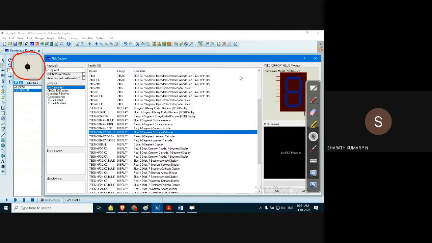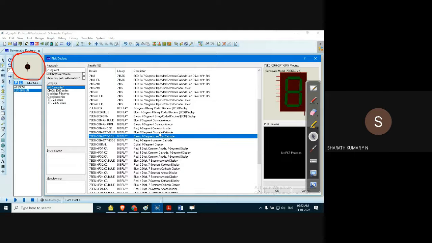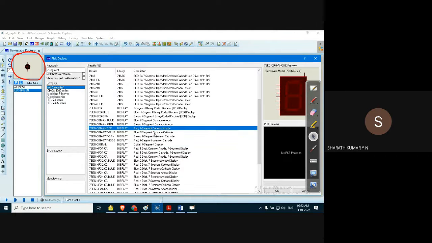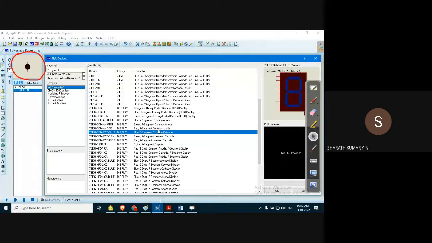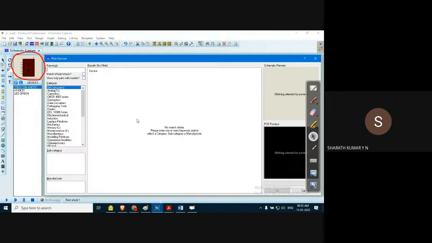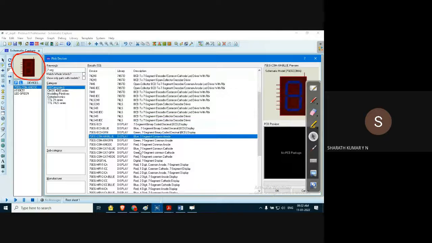In this symbolic logic, the symbol wise. If I select this one, for example, there are two display devices. This is common anode and this is common cathode. I'll select both so that we can see the difference between both the devices.